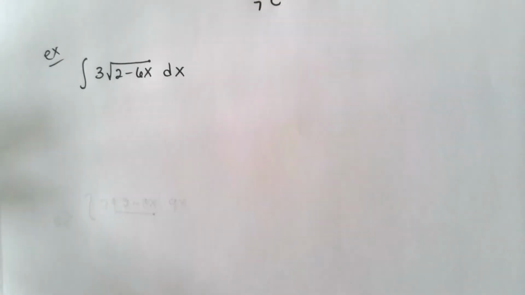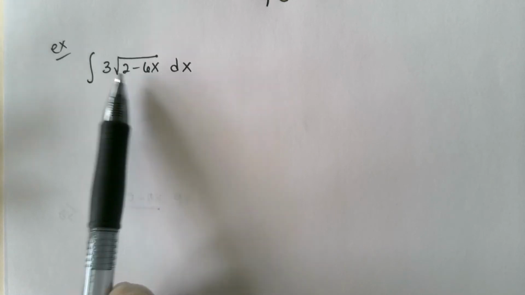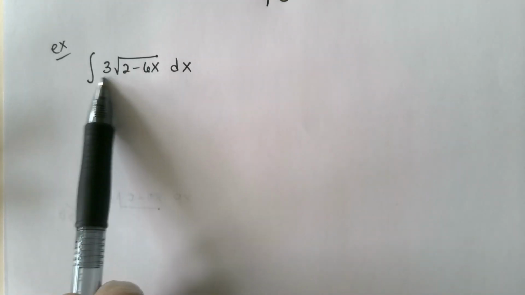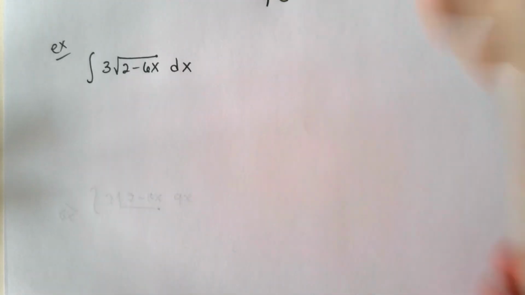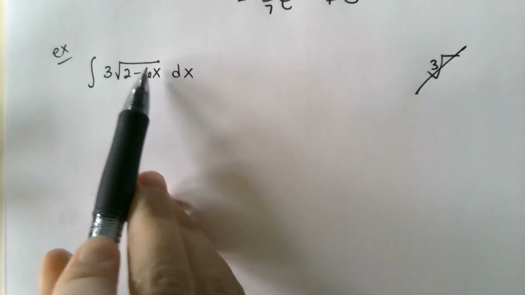We've got 3 times the square root of 2 minus 6x. This 3 is a multiple on the outside because it's big and off to the side. If it were a cube root, it would look more like that. I know sometimes it's really tough to tell the difference, but this will be 3 times the square root here, so this is not that. Okay, so it's 2 minus 6x here